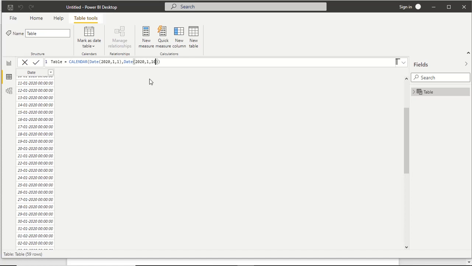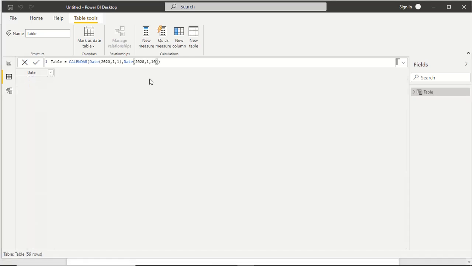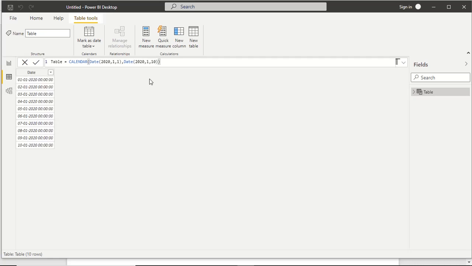Same year, same month and days 10. Then you can see we have only 10 entries, 10 rows for the year 2020, and the month is January 1st, with days from 1 to 10. This way you can use the calendar function for creating the range of the dates.